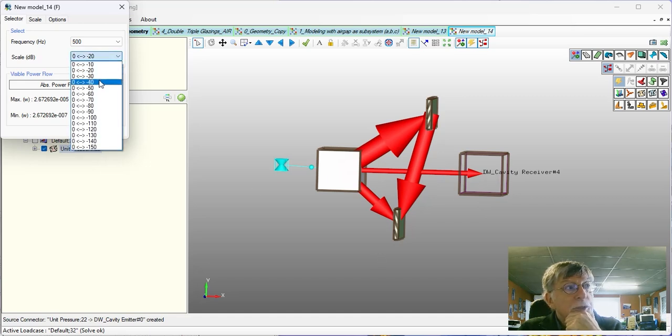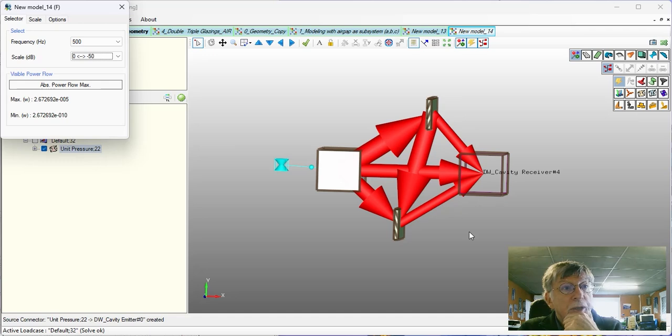If you want to see it, you have to increase the dynamic range, and the scale of the arrow is automatically set by the maximum power flow. And you see that this is the predominant power flow at 500 Hertz. Secondary paths are the radiation by the plate. So if we go to